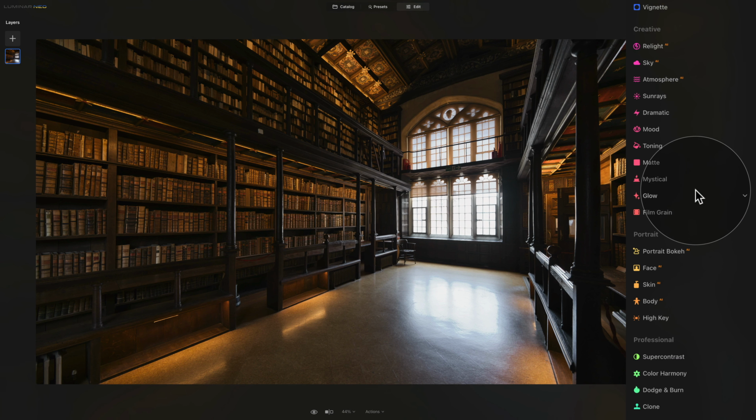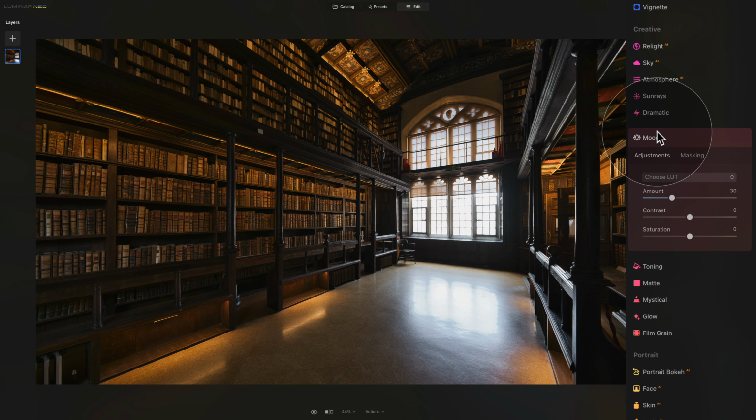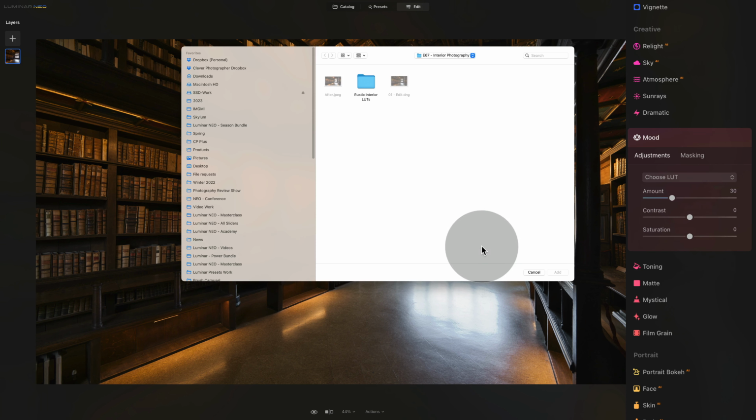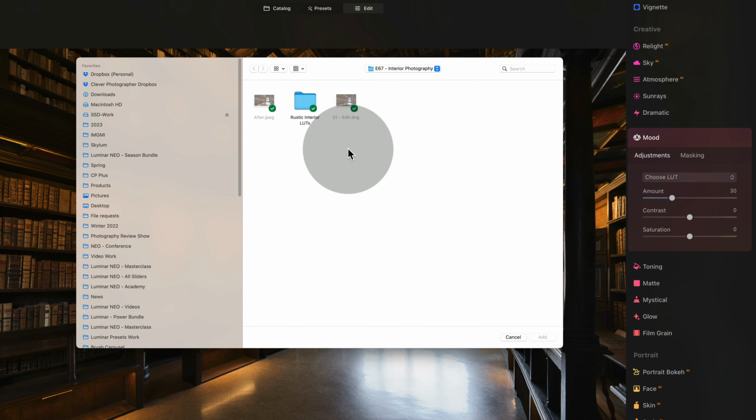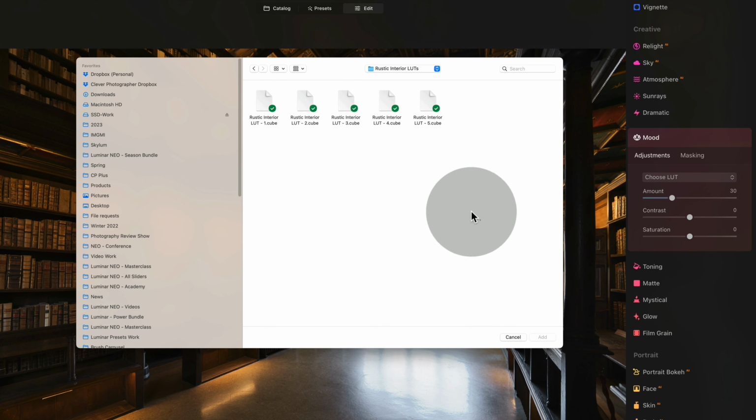The final thing for this part of the edit is to apply a little bit of LUT and overall color feel to the image. For this, we're gonna use the Mood tool. So click on it to open it and then click on Choose LUT gray drop-down box. As a part of the sample files for this tutorial, I have gave you some nice interior LUTs, so just click on Add Custom LUT file, then navigate into your sample files, open the rustic interior LUTs, select them all